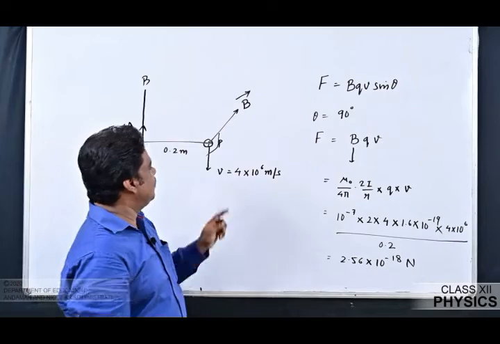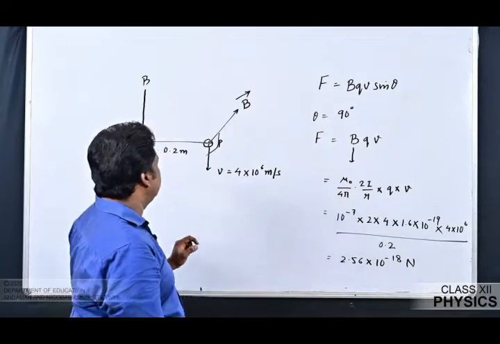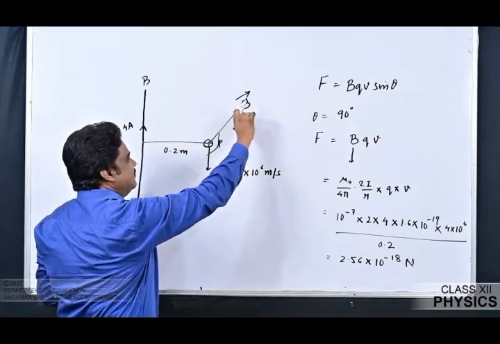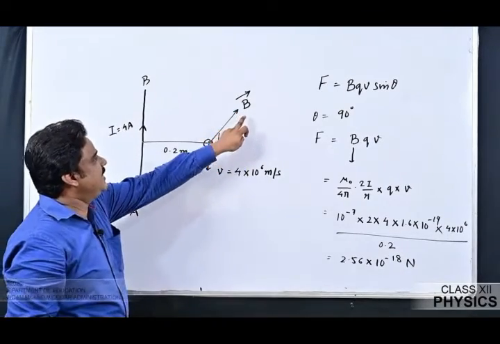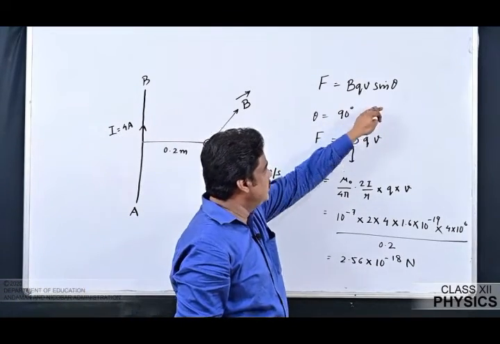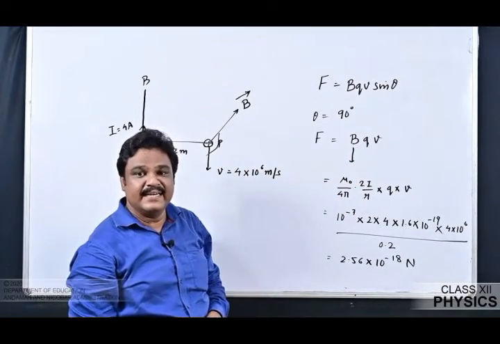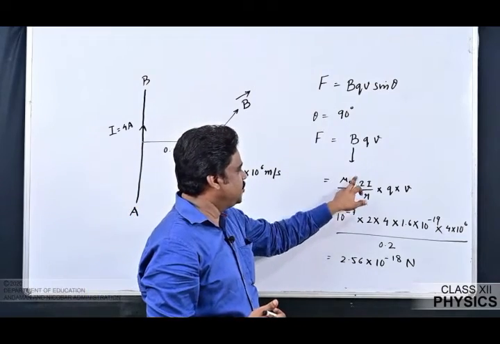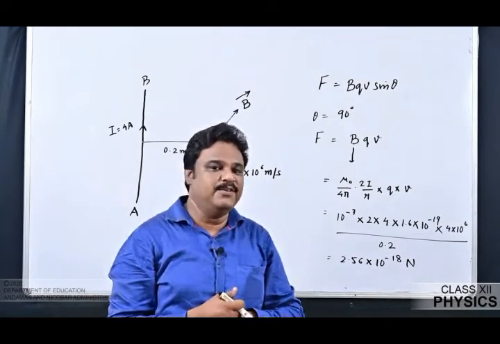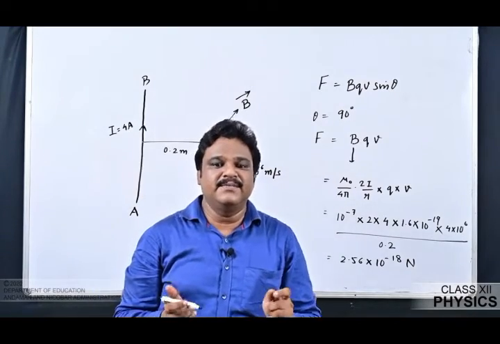So you know the magnetic Lorentz force acting on the proton is F is equal to BQV sine theta. Now if I mark the magnetic field due to the straight current carrying conductor, it will be perpendicular to the plane and acts inwards. So obviously you are able to see the orientation of B and V clearly says the angle between them is 90. So sine 90 is 1. So magnetic Lorentz force is BQV. What about the magnetic field due to a straight current carrying conductor? Already we studied, it is mu naught by 4 pi 2I by R. All the thing remains same. By putting all the given values and on reduction, the value comes to be 2.56 into 10 power minus 18 Newton.